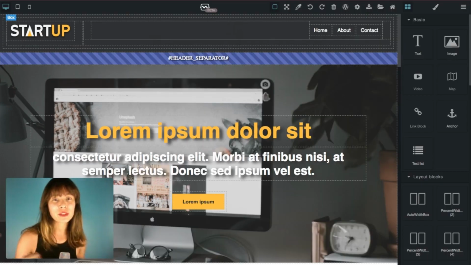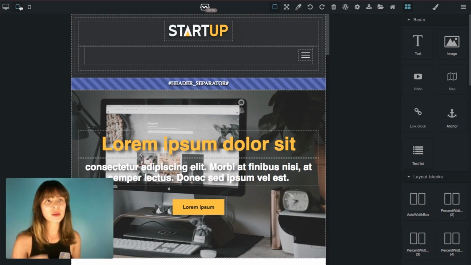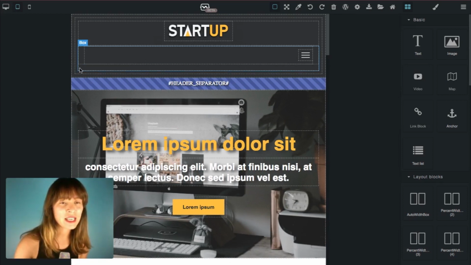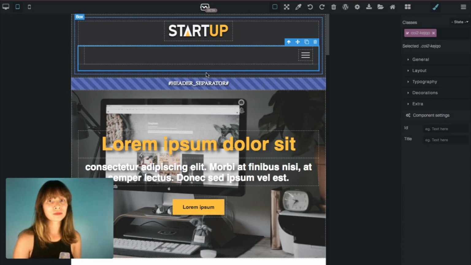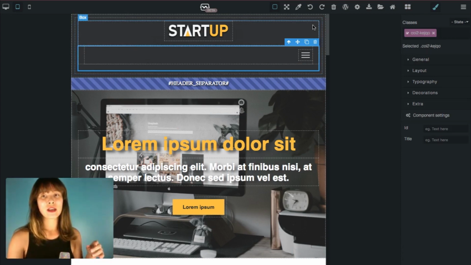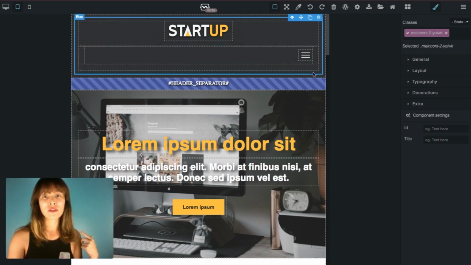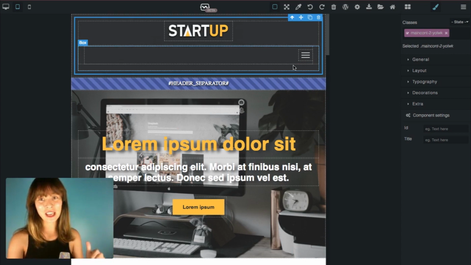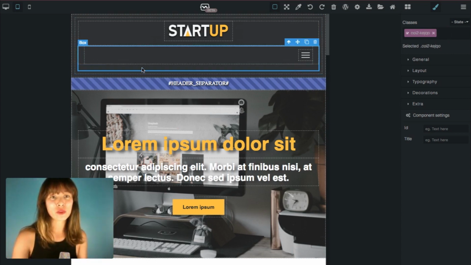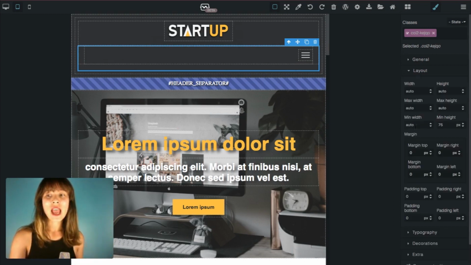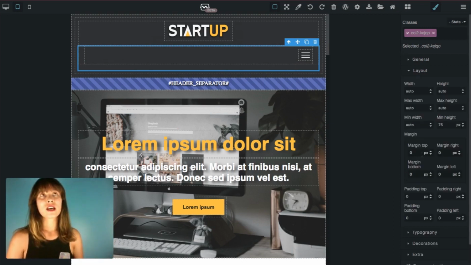Let's go back to Themes Generator, and here in tablet view, what you have to do is select the column, the container of the menu. Okay, remember, you can use the arrows if you're not sure if you are selecting the right container. I know it's this one right here. I'm sure it is. So what you have to do is go to Layout, and in Margin, we're going to